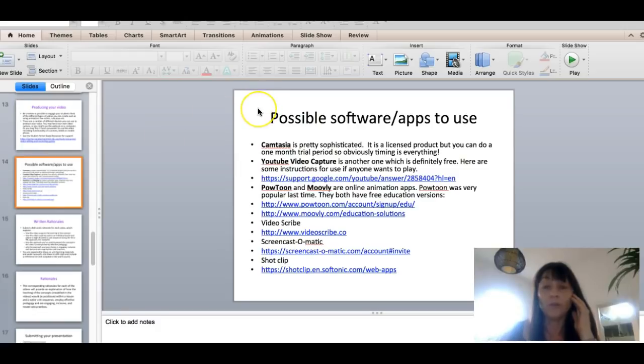So, possible software and apps to use. Camtasia, it's pretty sophisticated. It's a licensed product, but you can do a 1-month trial period. So obviously timing's everything. YouTube video capture is another one which is definitely free. And there's some instructions if anyone wants to play there. So you can click on that website. I'll put these slides up. I'll put this up on the Padlet as